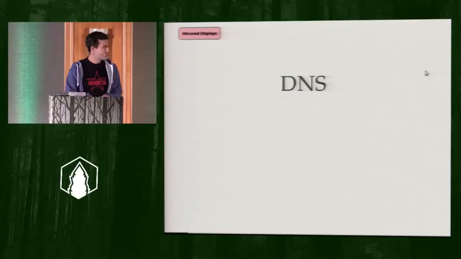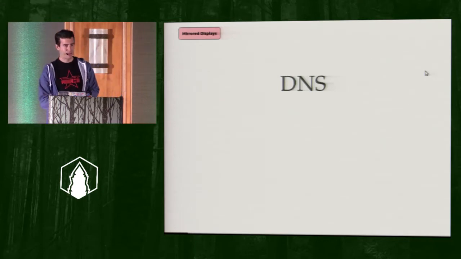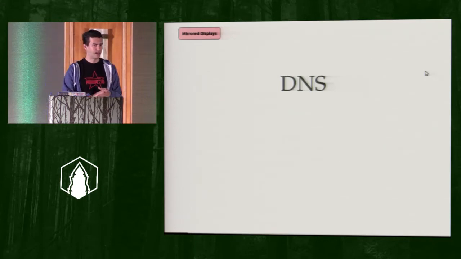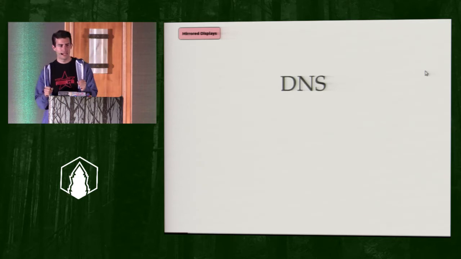One of them is DNS. DNS is the domain name system, and this is how we do resolution. So when I type in CascadiaJS.com, it gives me some numbers back, which is the IP address. And the way that system works,